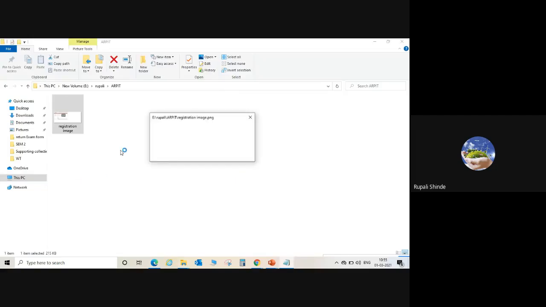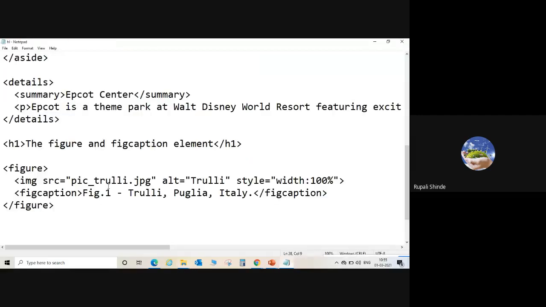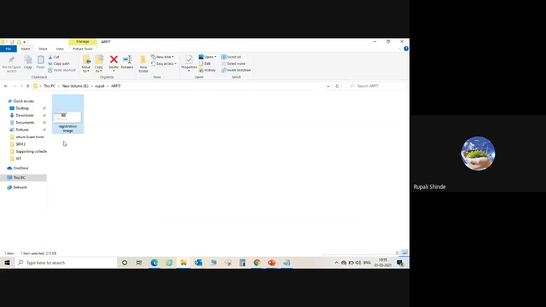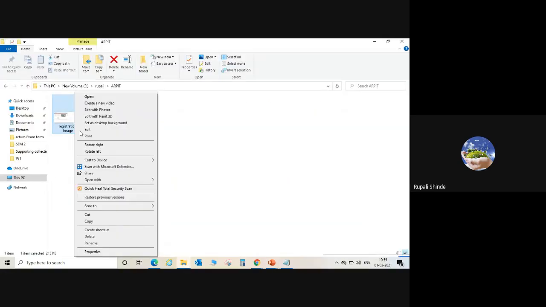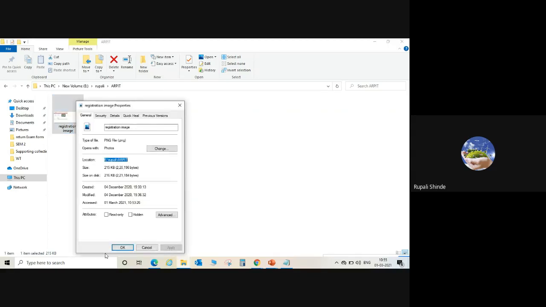Paste it here. After the source in double quotes, you have to mention the path, and then you have to add the name of your image also. I think your image name is JPG, PNG.